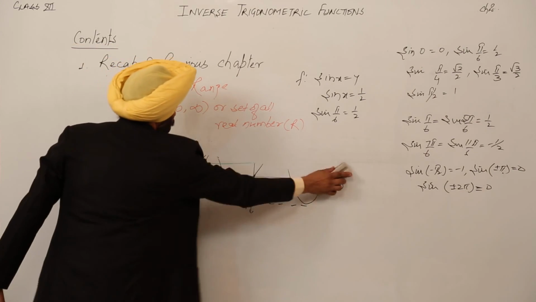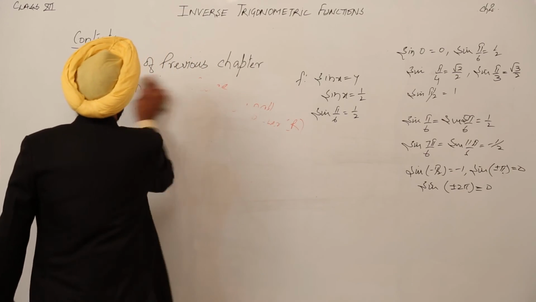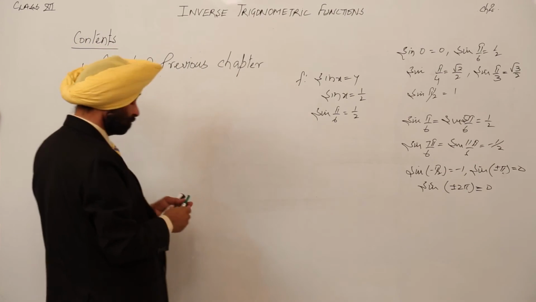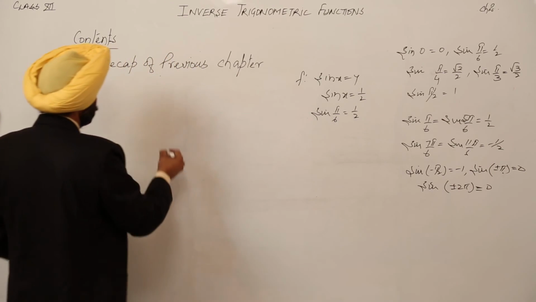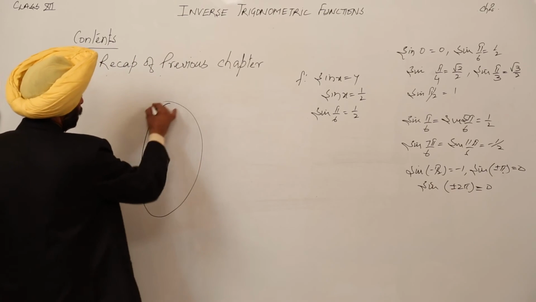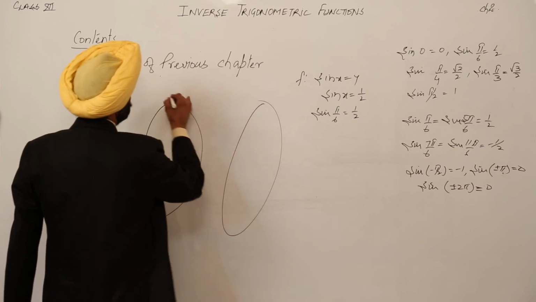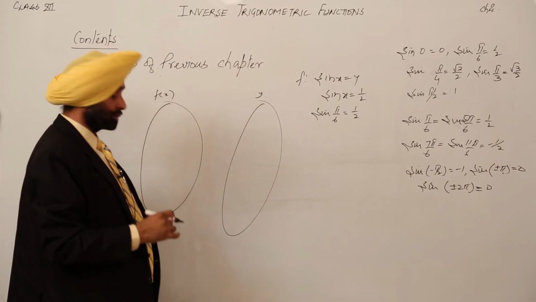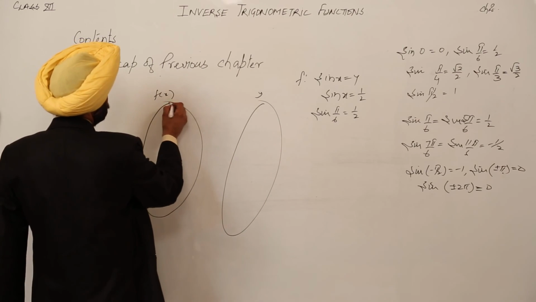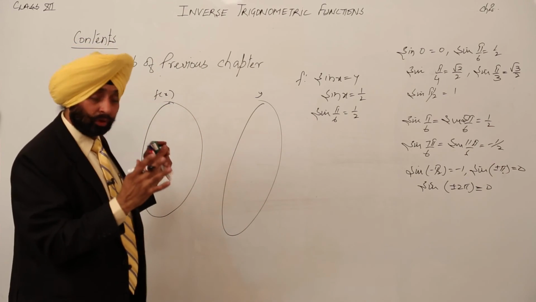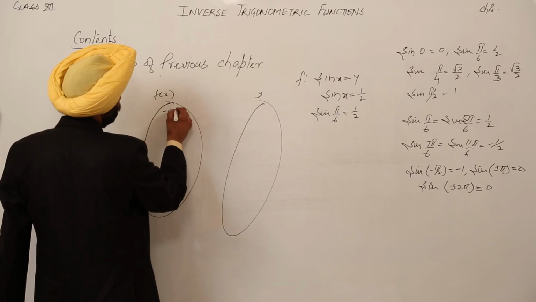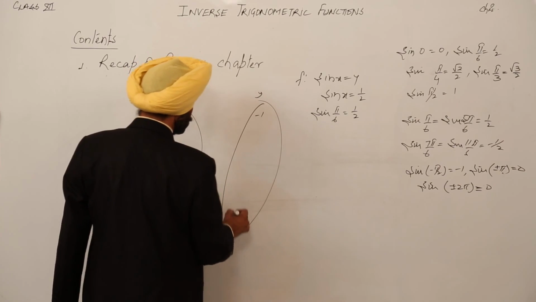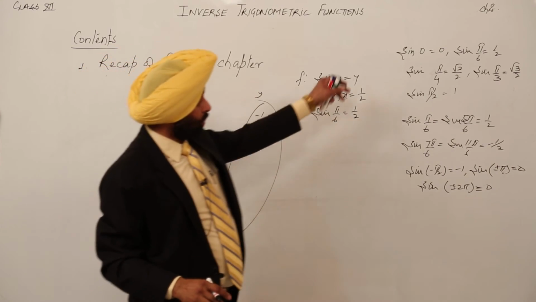Okay, so now we have so many values for our Venn diagram. So let's start. Suppose this is the function f(x) and this is y, and the function f(x) is sin x. The first part is always for the domain. So our domain is from minus infinity to infinity and our range is from minus 1 to 1. Now let's start filling in all these values.